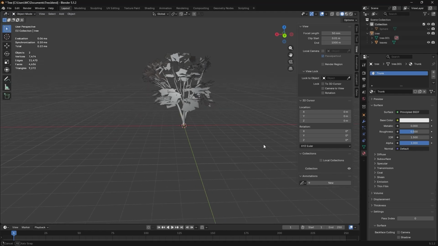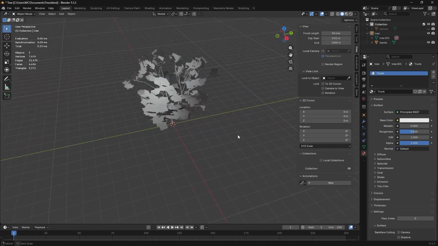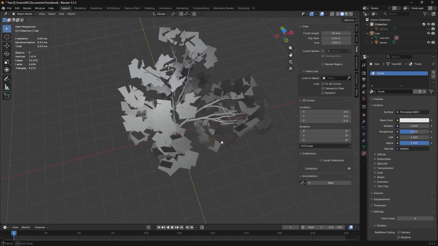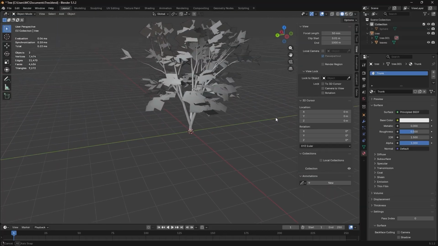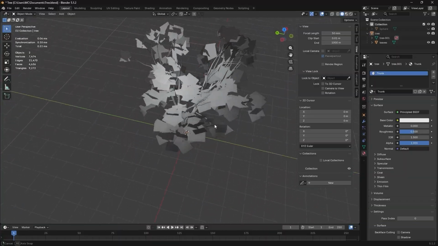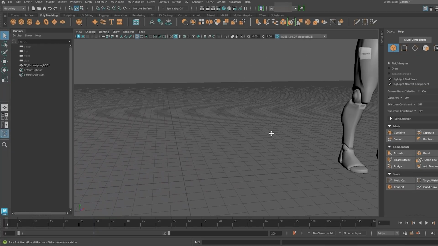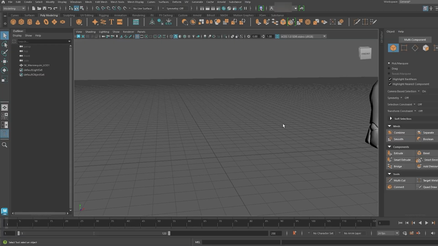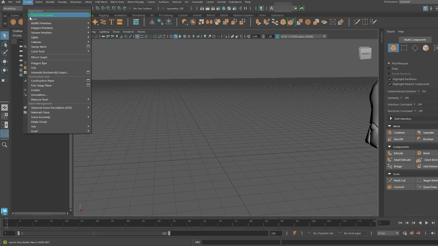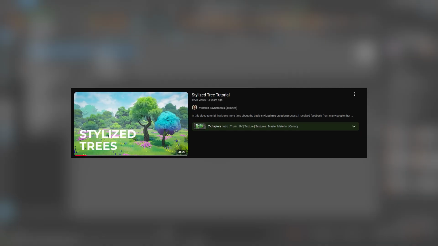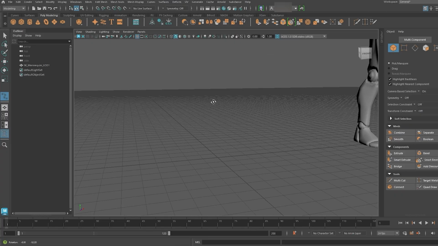For the trees, I had previously used Blender and messed around with the Sapling Tree Gen plugin to automatically generate randomized trees. But since I was transitioning to Maya, I wanted to learn how to make a tree to get adjusted to this new program. I'd like to give a massive shout out to this video, as it gave a really good introduction into making stylized trees in Maya and Unreal Engine. I followed most of this tutorial for the making of the trees in this project, so I highly recommend checking